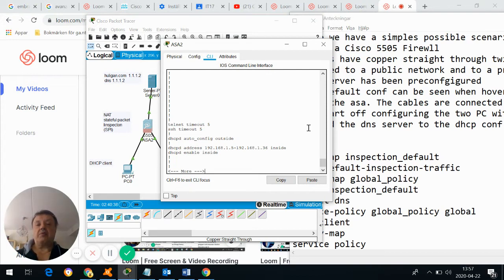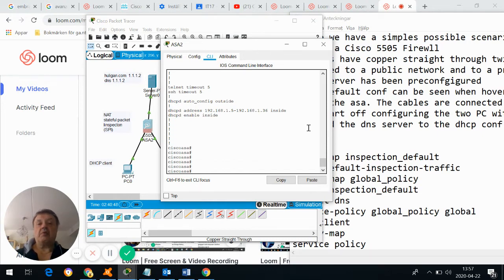DHCP address. There we see it on the inside. DHCPD enable inside. That's the only thing. There is no entry for the gateway, but that seems to be already okay. I think it can just recognize that from somewhere else,